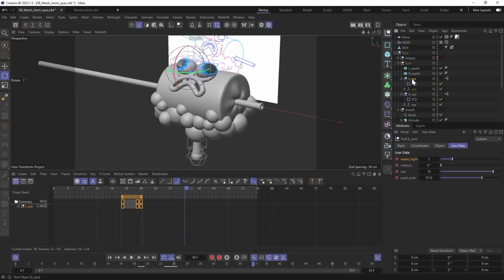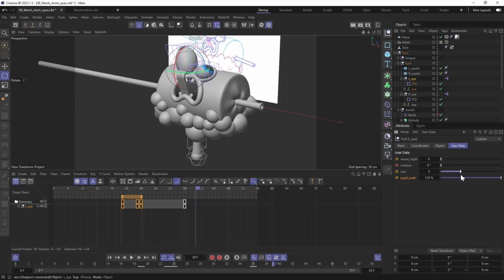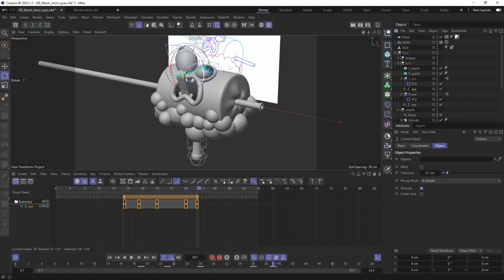And the last thing, I'm gonna animate the shape of the pupils. As always, I'll set keyframes in frame 36 and then change their shape in frame 39. I also want to fix the orientation of this eye in frame 39 to make the pupil more visible.